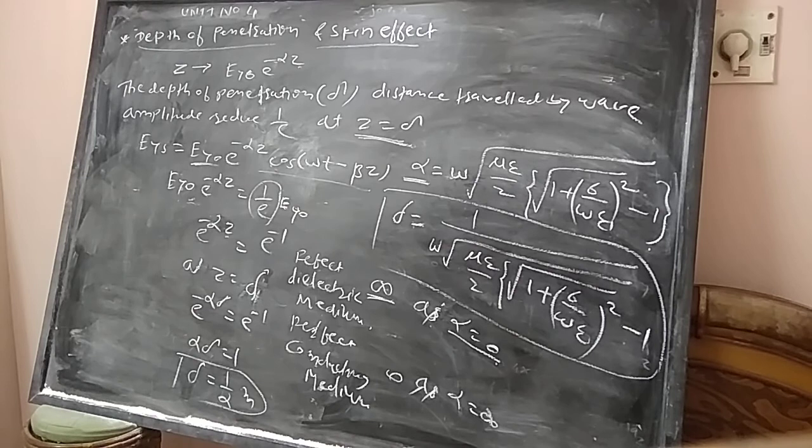So the skin effect, what do you mean by skin effect then? The conductivity sigma of a good conductor is very high, which makes alpha very large, and the depth of penetration is very small. So to decrease the value of loss tangent sigma divided by omega epsilon and the losses taking place during wave propagation, the frequency of the wave is very high in VHF and UHF range.